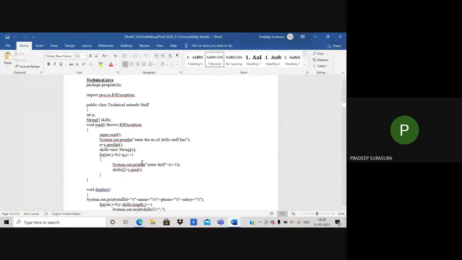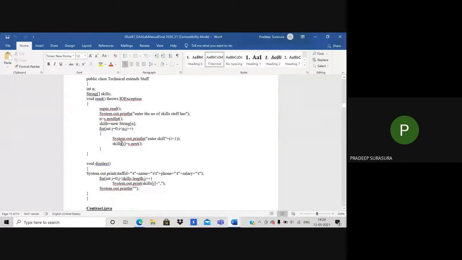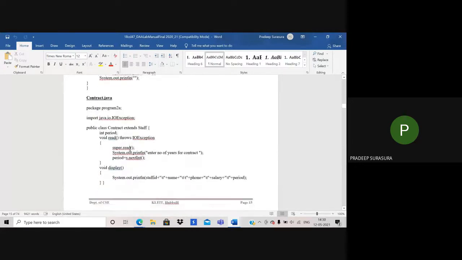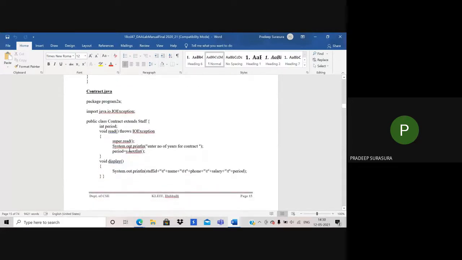Please add those skills in the form of an array, one after the other. Subsequently, same way I'm trying to read here super.read, reading all the values, the ID, phone number, and salary, followed by the display function. Similarly, I go with the contract staff.